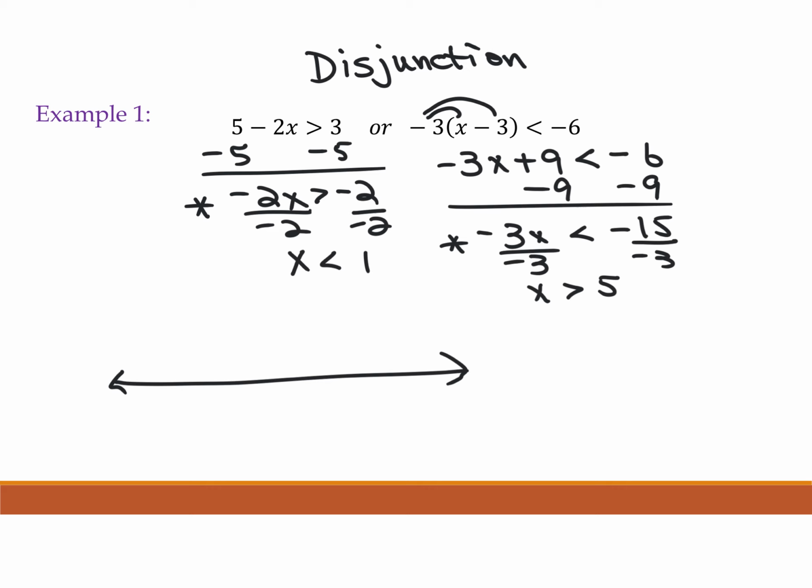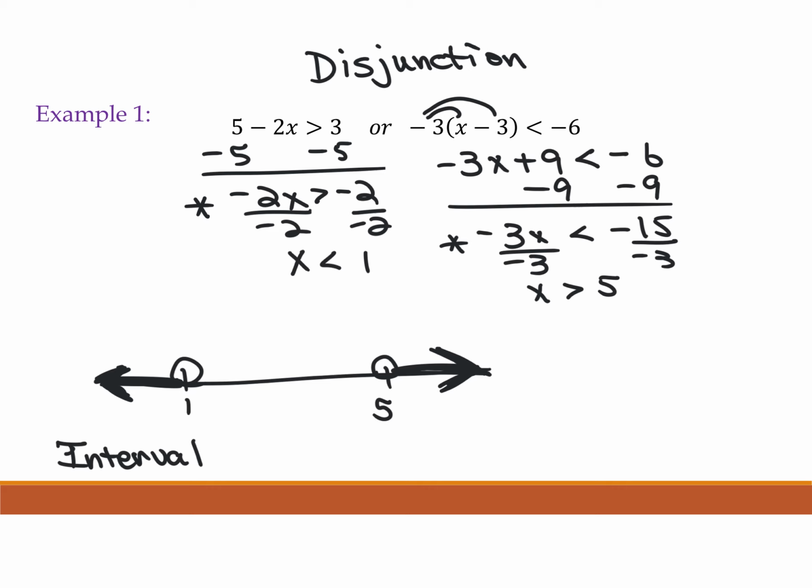And when I graph this, I'm just going to put a very basic graph, the 2 numbers on the number line. X is less than 1 is an open circle on 1, shade to the left. X is greater than 5 is an open circle on 5 and shade to the right. Now, if we are writing our solution in interval notation,